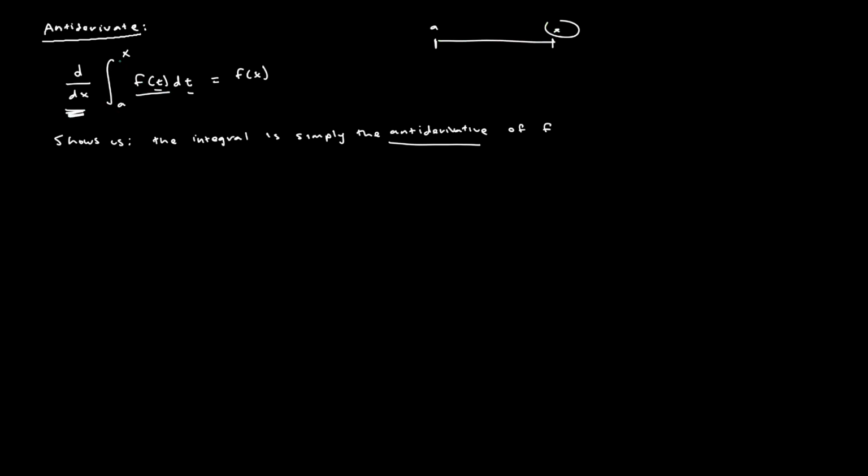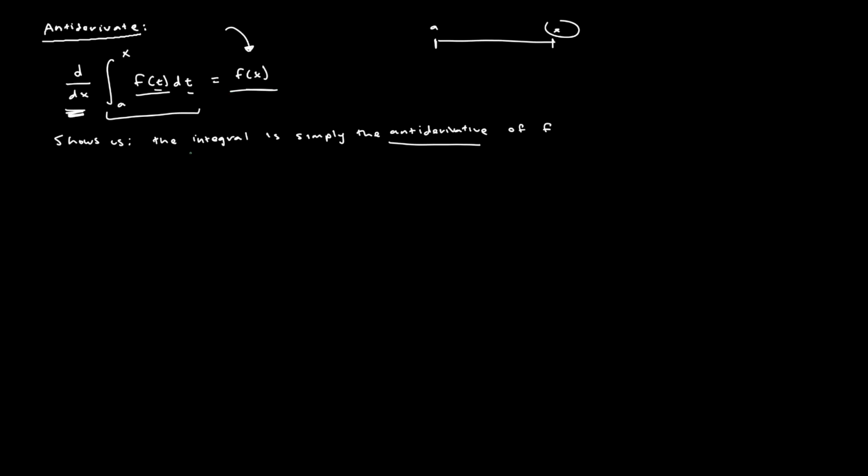because of the fact that this is the bounds, the limits, the lower limit is a and the upper limit is x, whatever this expression outputs is going to be some function of x. And so when I find the derivative of that, I'm saying I'm going to get back the original function f of x. And because taking the derivative of the integral gives me the original function f of x, we can claim that the integral